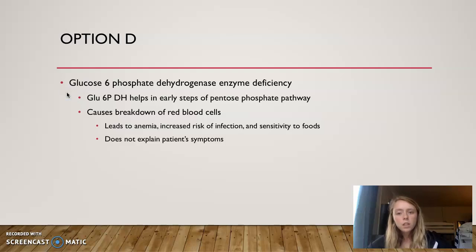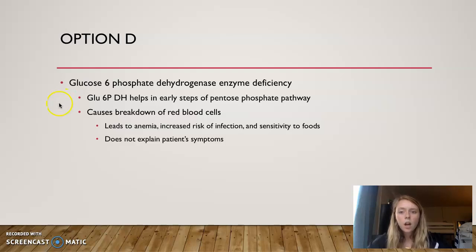Option D was a glucose 6 phosphate dehydrogenase enzyme deficiency. Glucose 6 phosphate dehydrogenase helps in the early steps of the pentose phosphate pathway. A deficiency in this enzyme would cause a breakdown of red blood cells, and this breakdown of red blood cells would lead to anemia, increased risk of infection, and sensitivity to foods, but it does not explain any of these